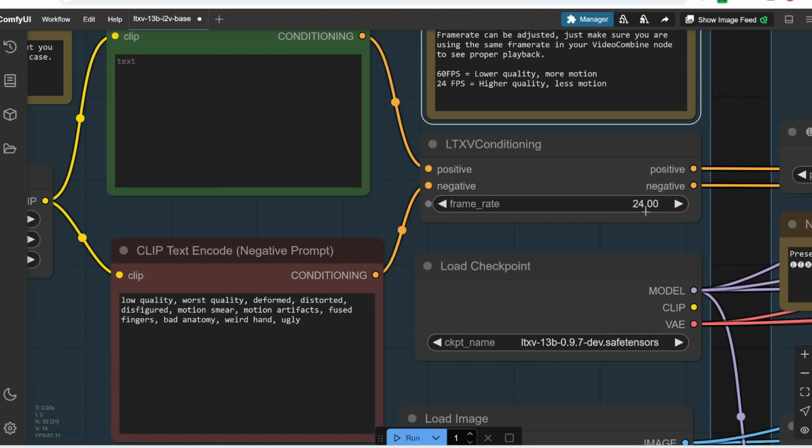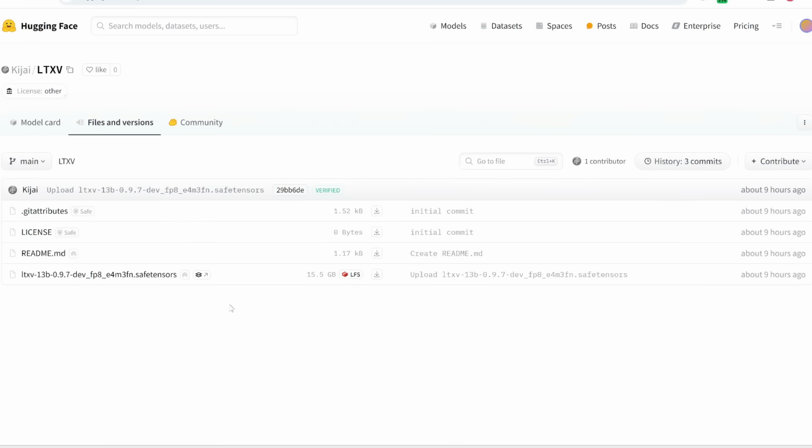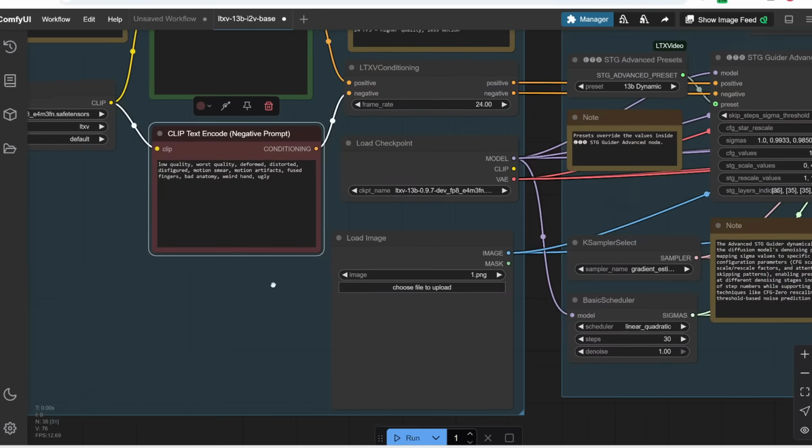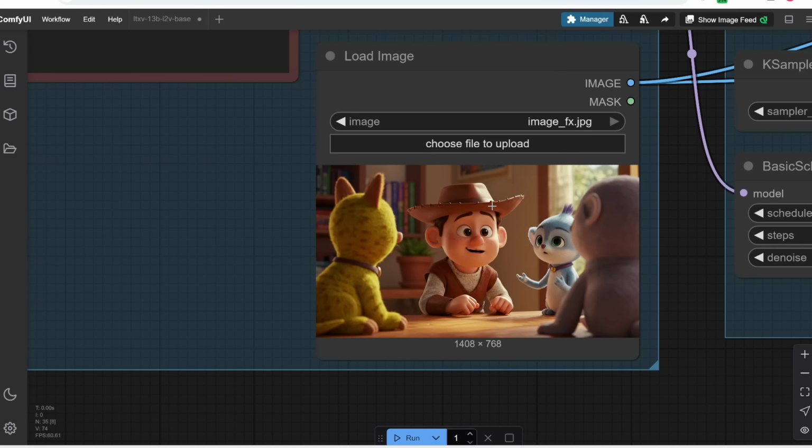And then for this load checkpoint, here is where you would select the LTXV model that we just downloaded. Again, note that this is the FP8 version by Keyframe. Finally, here is where we would choose a photo to use as the first frame. So I'm going to upload this image of a Disney Pixar style scene, and I'm just going to leave the